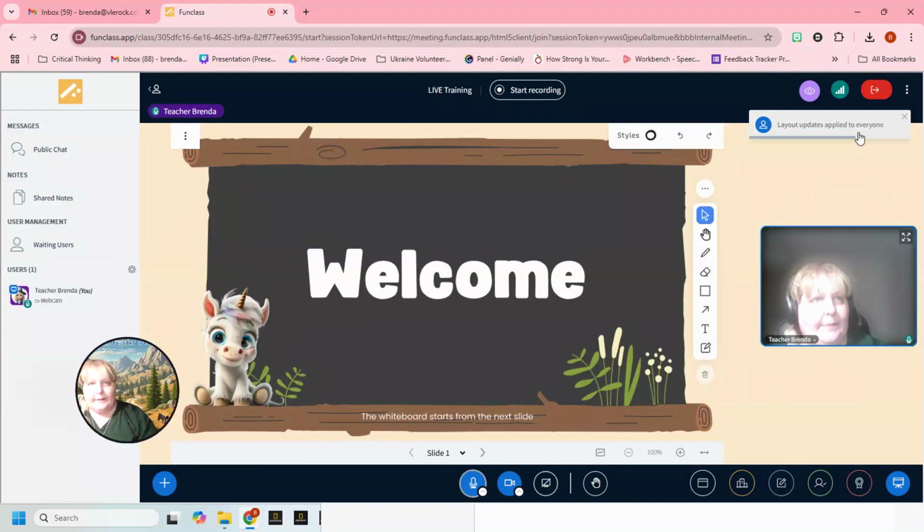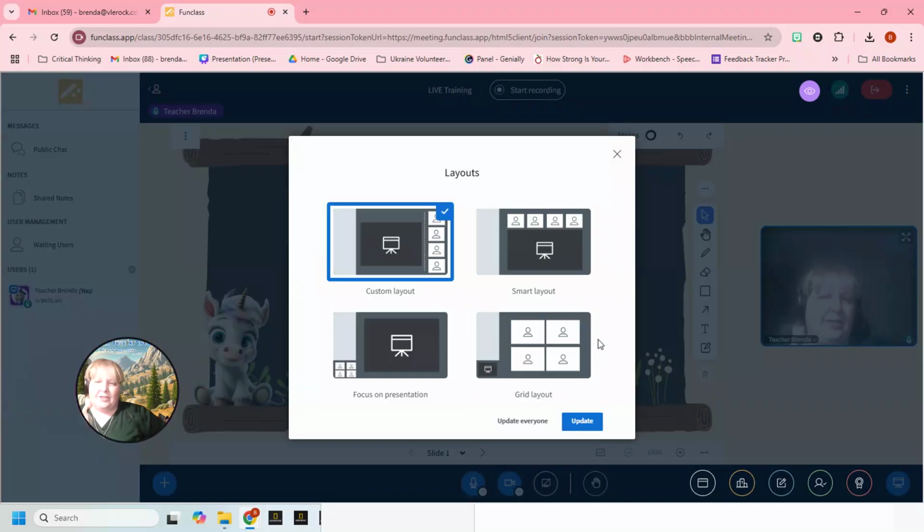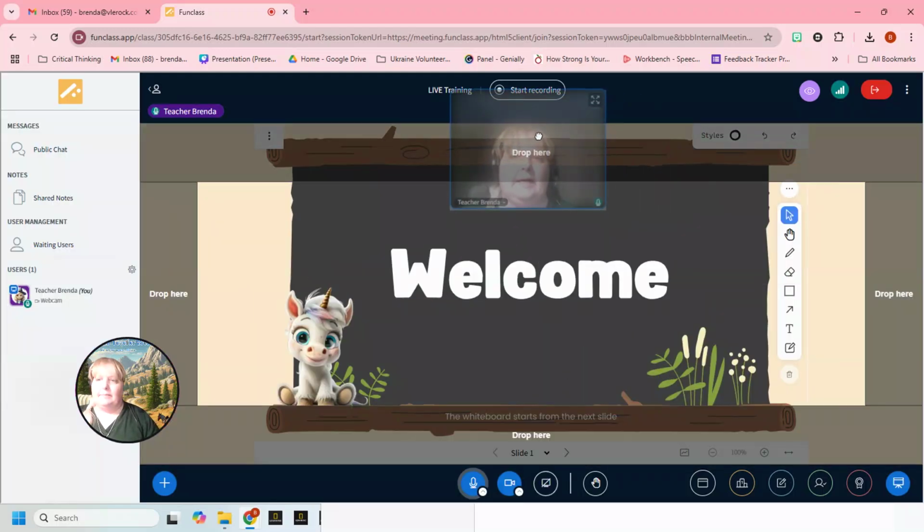So I hope that explains how to manage the layouts. You can manage them from here. And I suggest that you use custom layouts. It's just the easiest one. I prefer to have it at the tip top, and the smart layouts usually will freeze it so you cannot move the camera around again. So just stick with your custom layouts and then you can just slide it. My favorite place is on